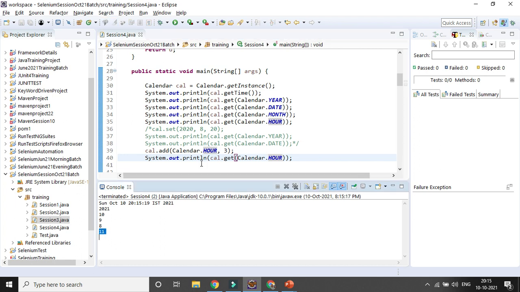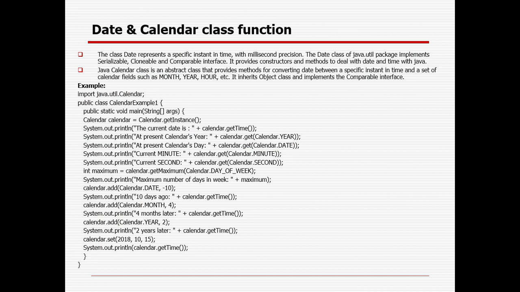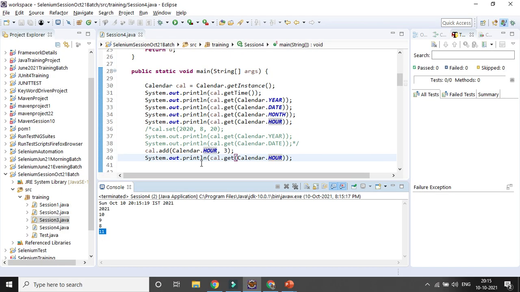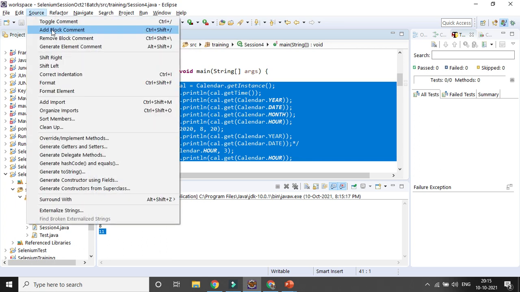Similar way you can subtract it, and you can set the calendar date fully. So that is the importance of the Calendar class. Then I will give you the importance of the Date class. Without using the Calendar class, you can also get the date of the system, so let's use the Date class. These are the two important classes specific to dealing with date and calendar functions.